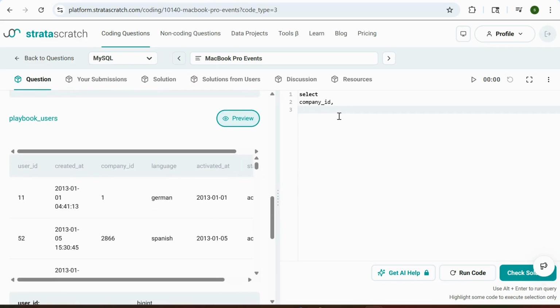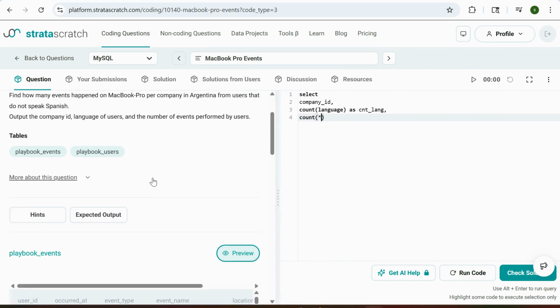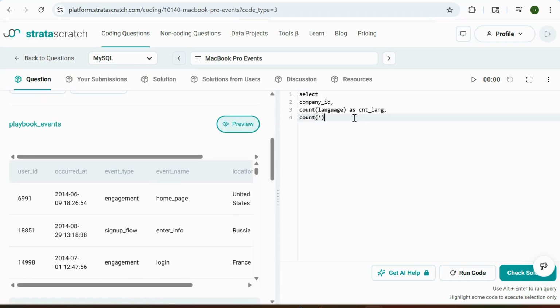So count of language, as cnt language, and count star would be the event count. Yeah, from playbook events PE